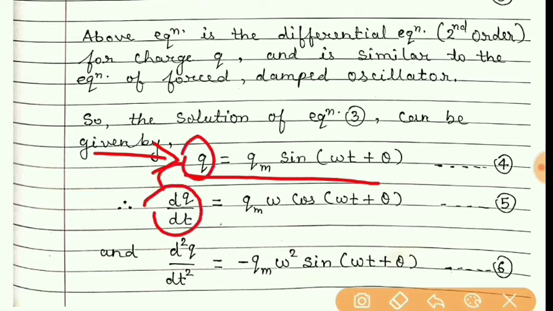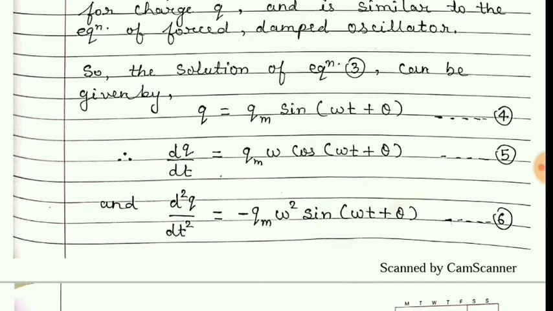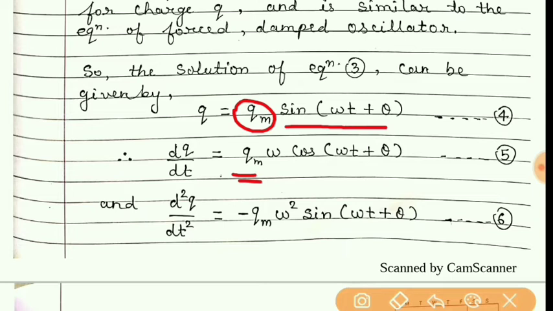Differentiation of q is dq by dt, and on the right side we know that this qm is constant, so differentiation of sine omega t plus theta will be, sine will become cos. So differentiation of sine is cos, and as this omega is related to time, but omega is constant,